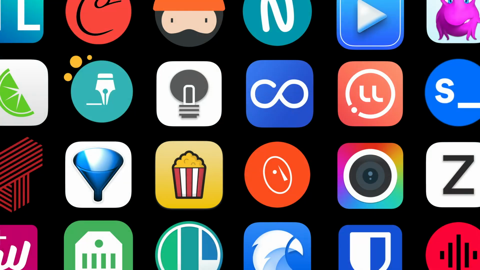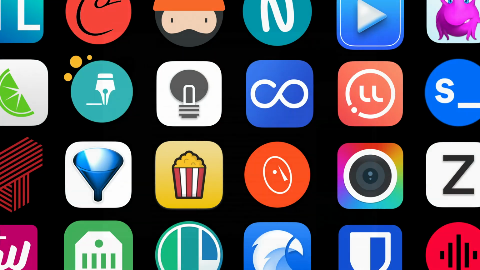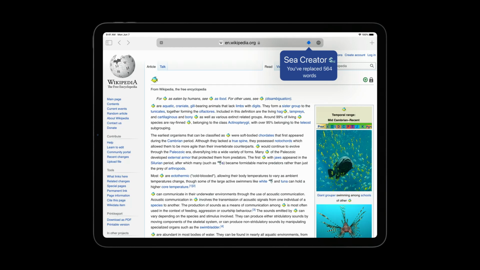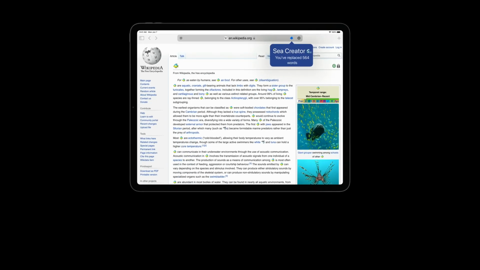Today, I'm giving an overview of some new Web Extensions API available in Safari. Last year, Safari added support for the Web Extensions API on macOS. It's been amazing to see all of the new Safari extensions that have shipped over the past year that use this new API support. And with this release, we're really excited to bring Web Extensions to iOS and iPadOS.